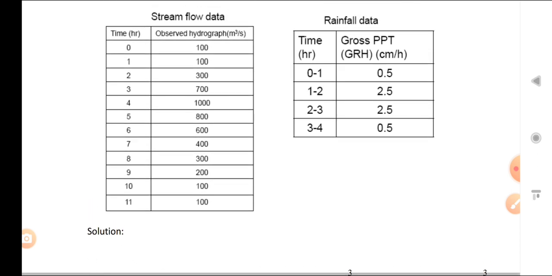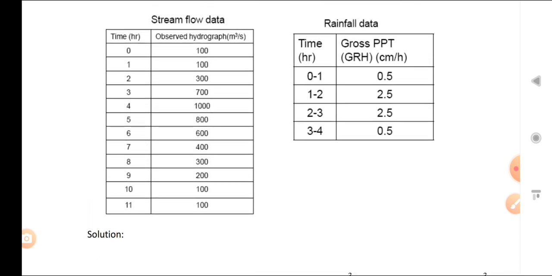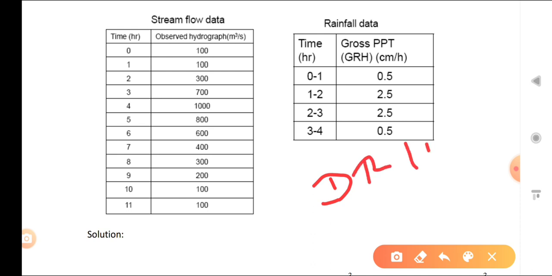Okay, now you can see like that. Here the ordinate of DRH is given, the ordinate of the flood hydrograph is given. So first of all we have to find the ordinate of DRH. So you can write it there, it is DRH. Flood hydrograph is given, and now you have to assume the base flow.